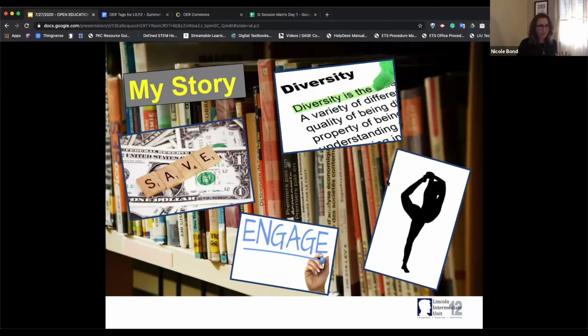As an ELA teacher, one of the things I noticed about our oldest book was there wasn't a lot of diversity. There were a lot of white male writers that were included, even in the 1990s and the early 2000s. So one of the things that I wanted to infuse into my curriculum was diversity, to include more texts from persons of color and to include more texts by women. And by using digital content, I was able to include more of that because I was able to find it online in open resources that were open for me to use and utilize.